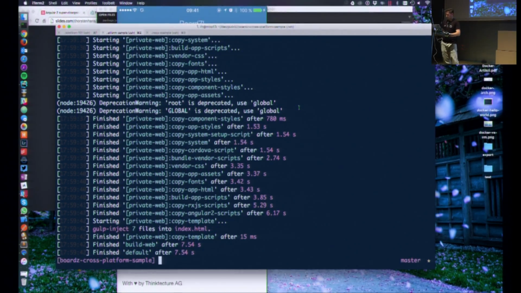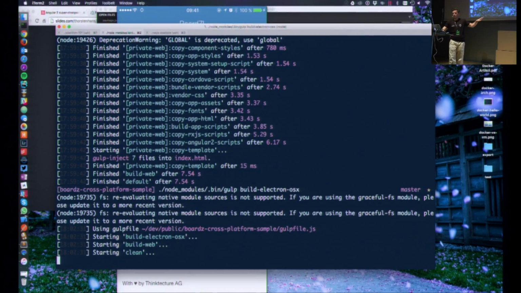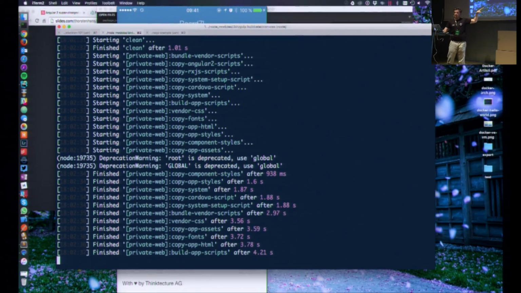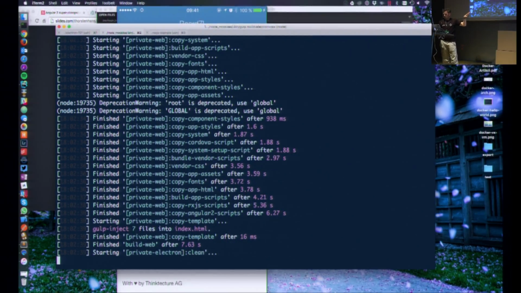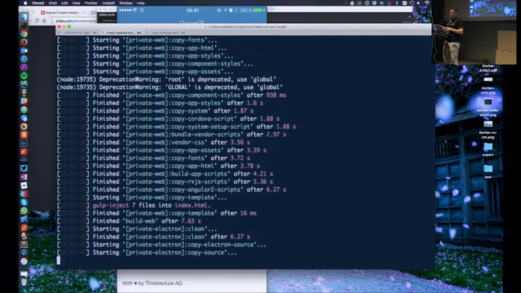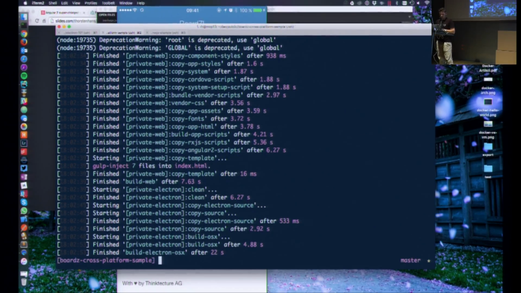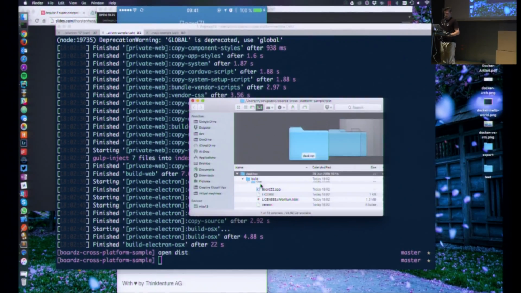And in the meantime, I could just call the build to fire up the Electron app, build Electron-OS X, which is doing nothing special. It's packaging the Angular app, it's downloading, or it has already downloaded the bits responsible for packaging Electron side by side with your app, and it's bringing it together. Okay, so come on, takes a few seconds. And let's open the dist folder. And we will find